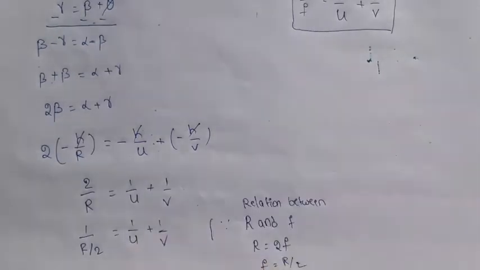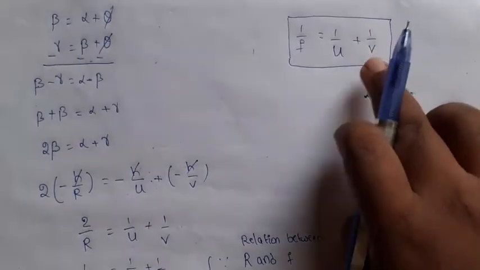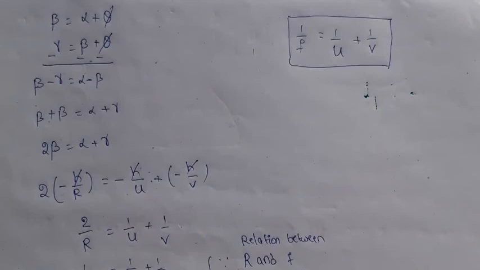Where F is focal length, U is object distance, and V is image distance. This is in case of concave mirror. Suppose we change to the convex mirror, what is the mirror formula? In case of convex mirror,